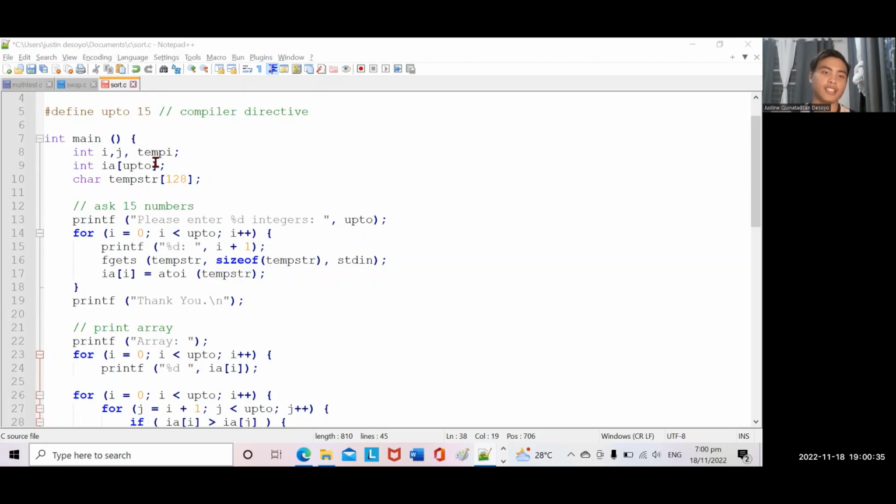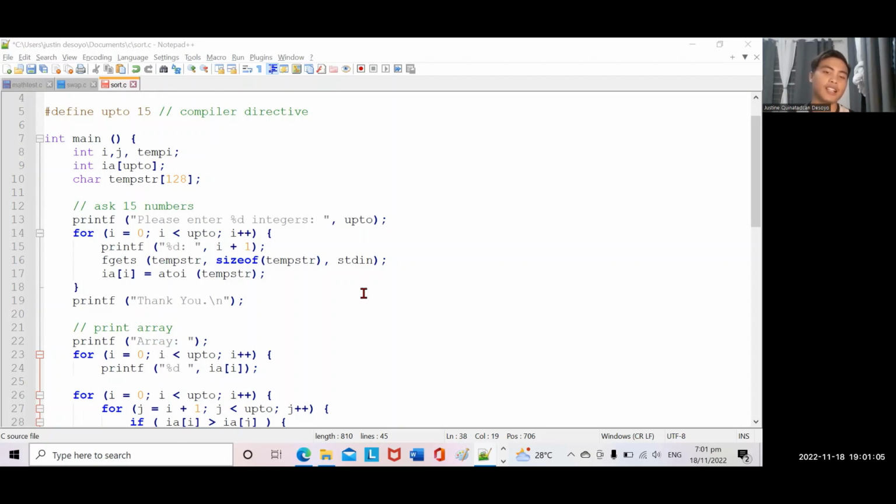Then we have to printf the percent %d, which is the whole number or integer, and i plus 1. Next, we need to read